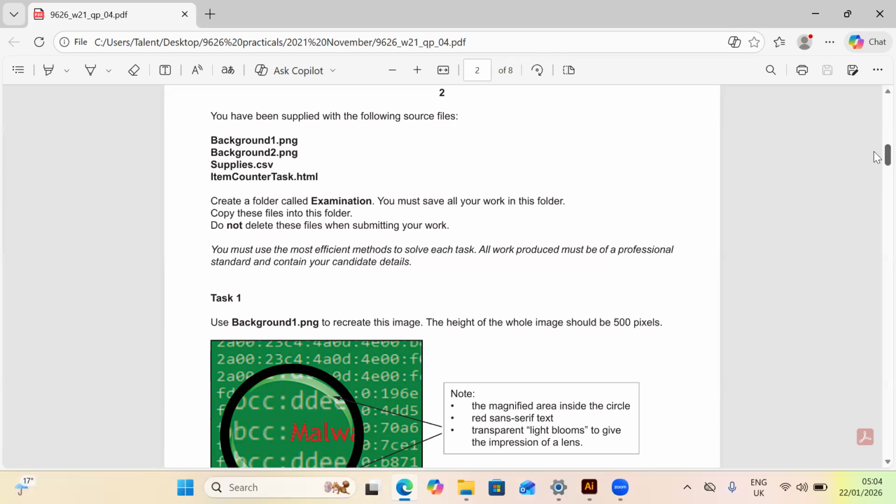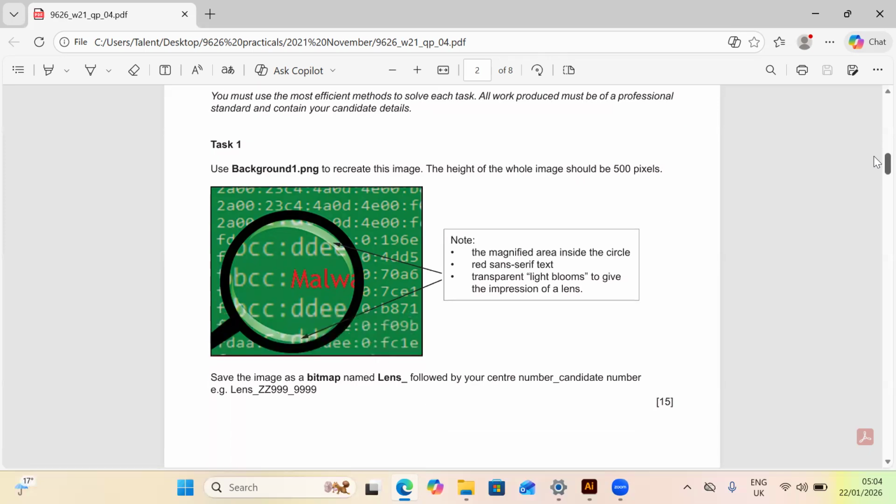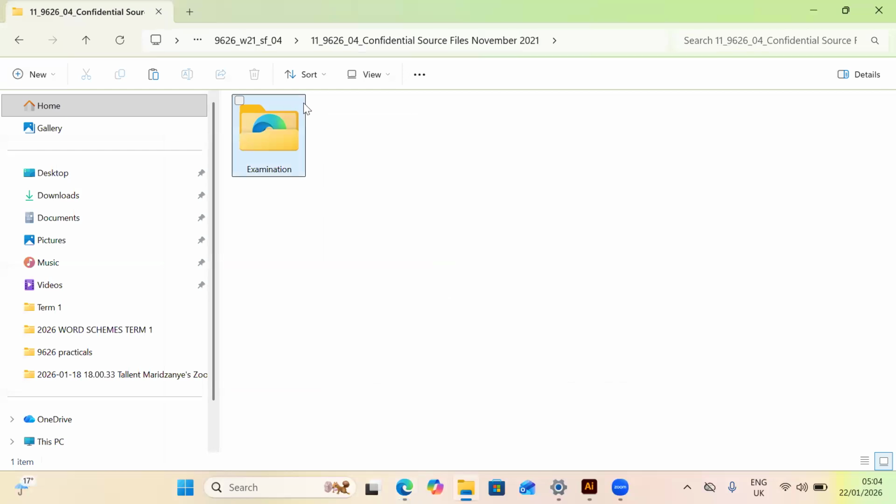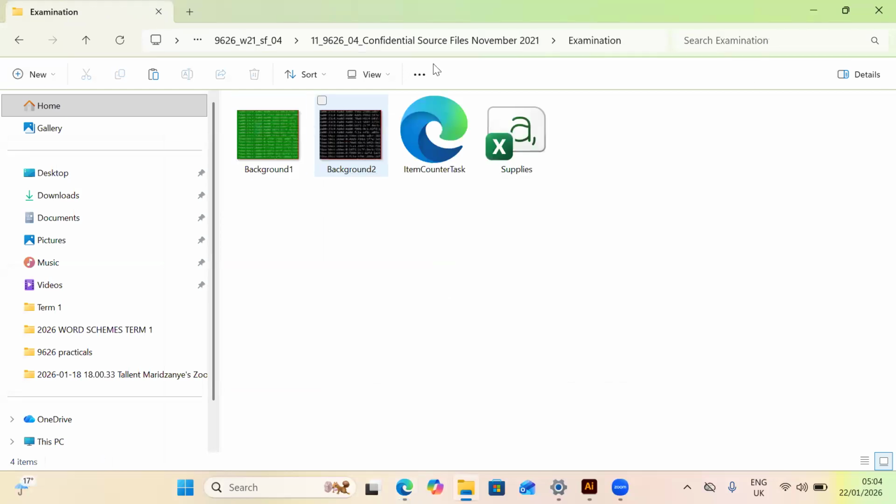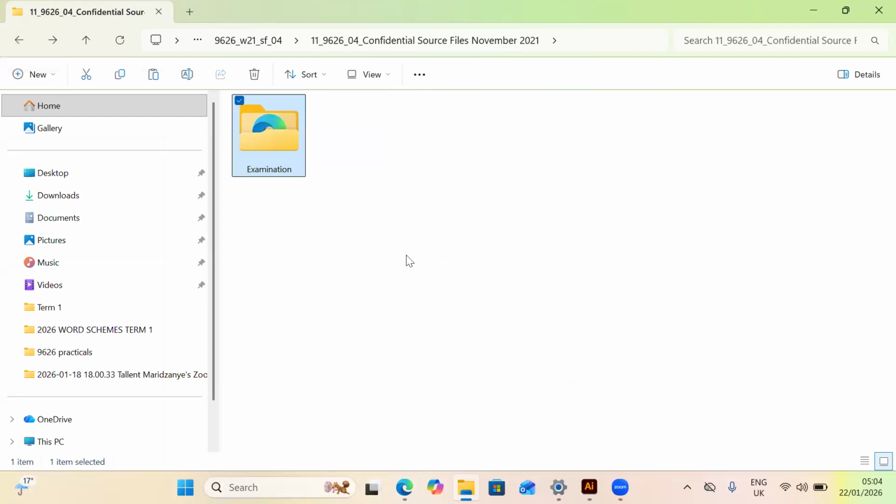Okay, so the first thing is to make sure that all the source files are moved into a folder called examination. So this is the folder, right? We've moved all these into the folder examination. So it's just copying and pasting them in a folder called examination. Okay, then the next thing,